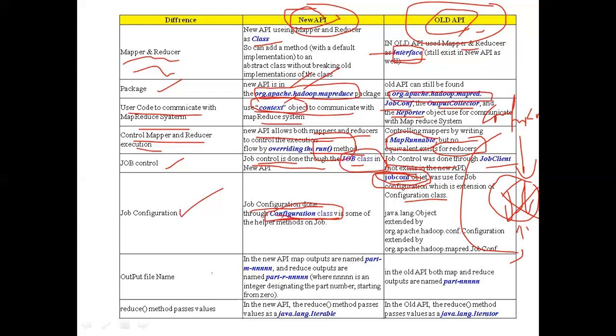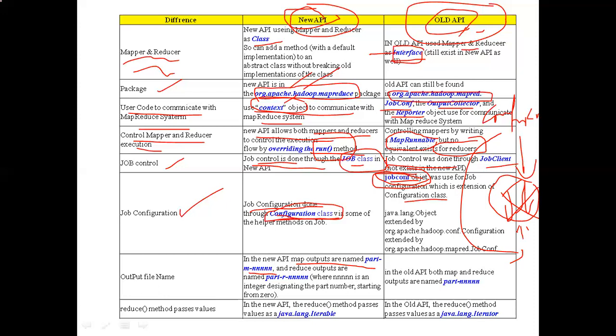Next, when we come to the output file name, this is also an important difference between the old API and new API. In case of the new API, map outputs are named as part-m-NNNN.